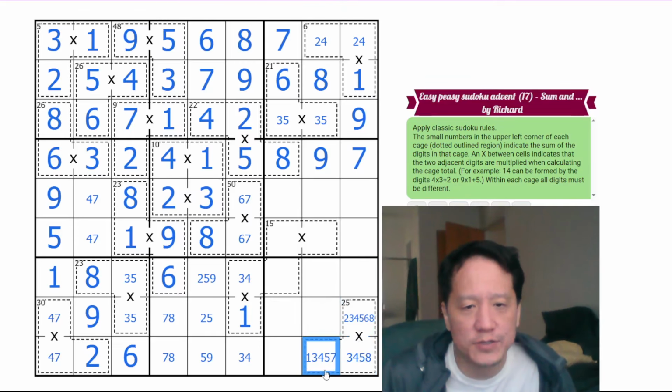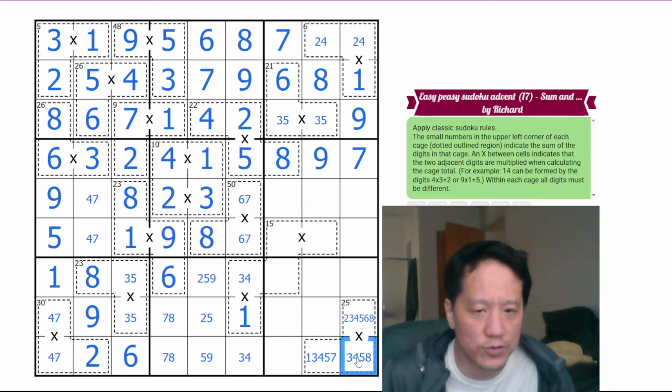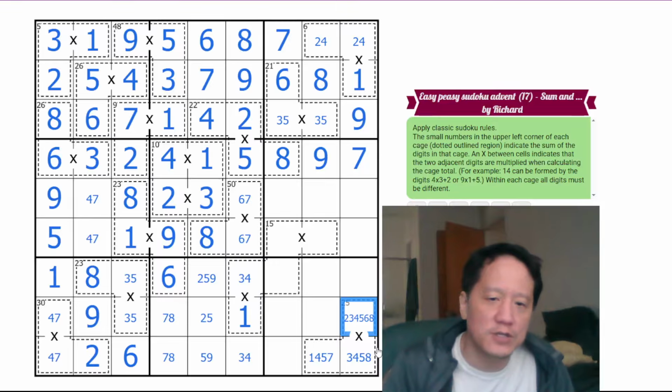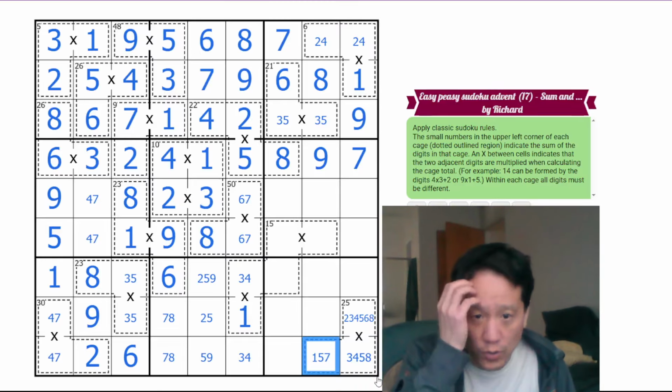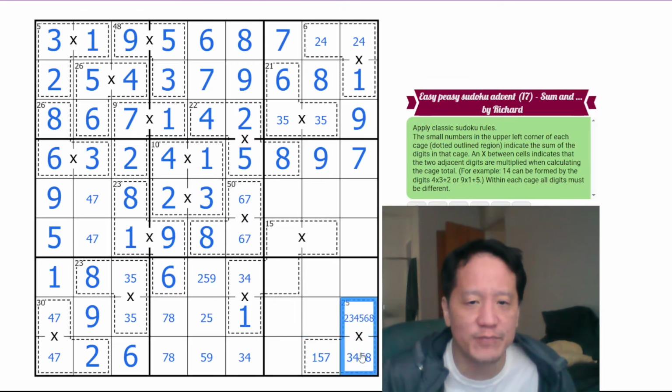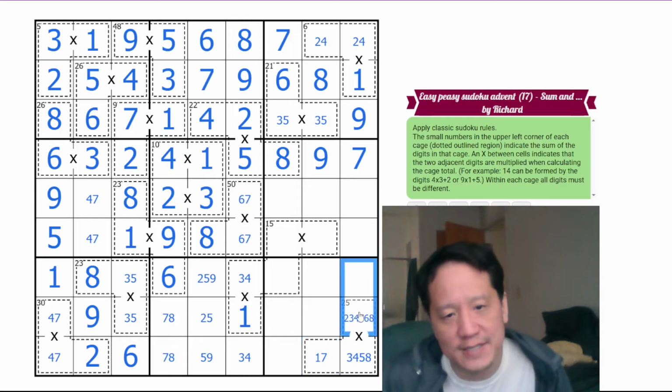So 25 minus 1 is 24, and that works with 3 and 8 or 4 and 6, so that works in multiple ways. 25 minus 3 is 22, which is 2 times 11, which is not a digit, so that doesn't work. 25 minus 4 can be 3 and 7, but you can't have a 7 in the multiplication product here because of 7 in the column. So this doesn't work for 4. 25 minus 5 is 20, which could be 4 and 5, but then you'd have a repeat in the cage. So that doesn't work. And 25 minus 7